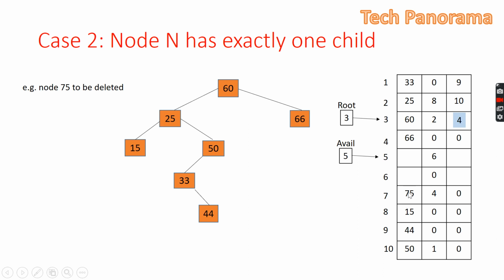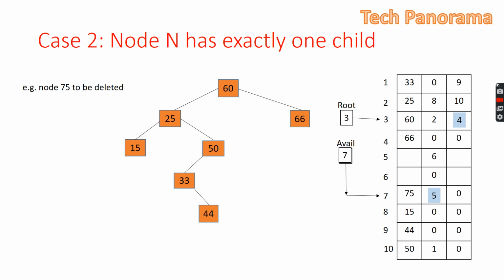Now we will add this deleted node to the avail in the same way as we discussed in our previous example. So first, earlier the 75's left is 4. Now it will be avail's value, that is 5. Now the avail will point to the 7,